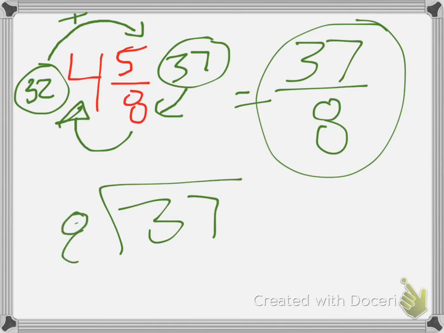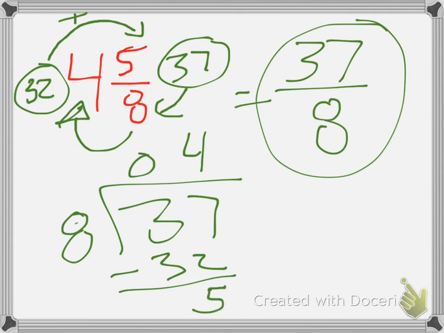I'm going to put my 8 on the outside, and 8 fits into 37. I know it fits in 4 times. It doesn't fit into 3, but it does fit into 37 4 times. That gives me 32, and I subtract, and in this case, I'm left with 5. Now, I could stop there and write this as 5 over 8, but we're practicing turning these into decimals as well. So when I want to turn it into a decimal, I add a 0, drop it down, and continue